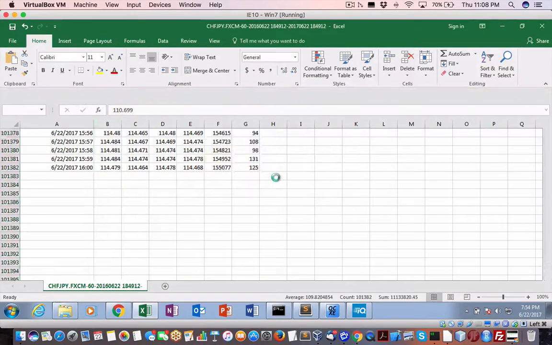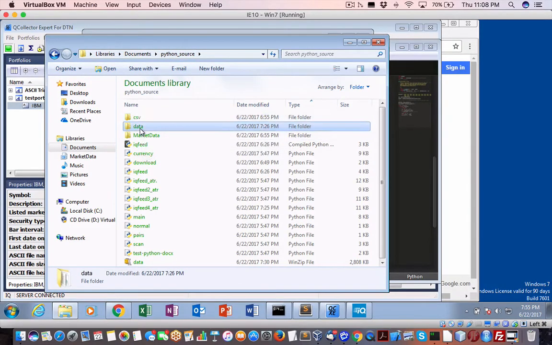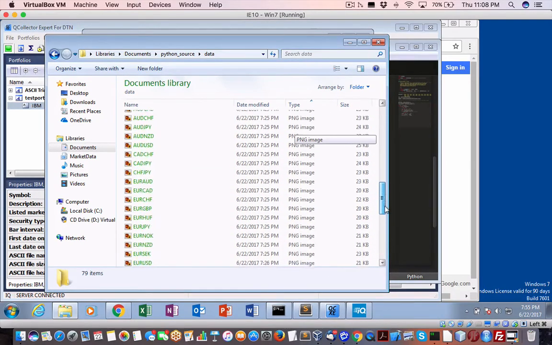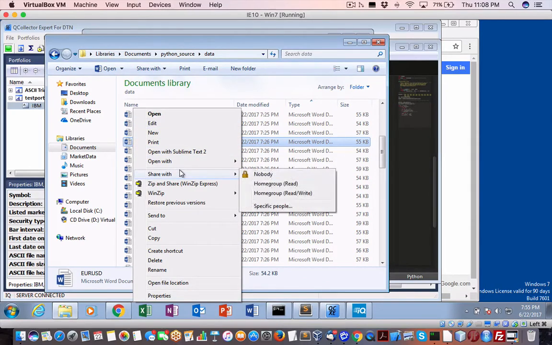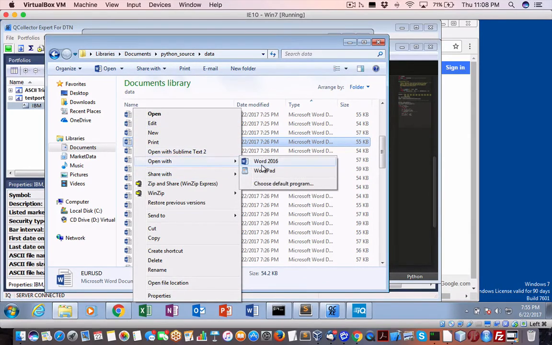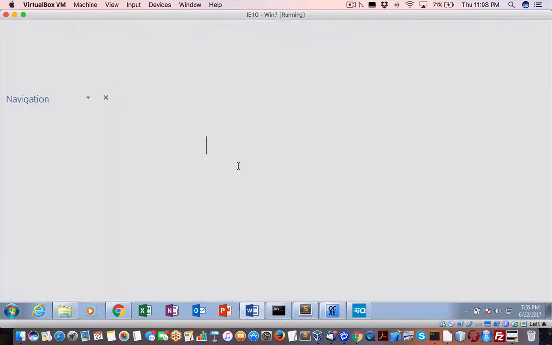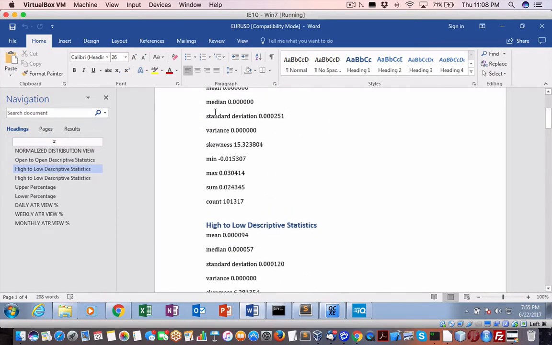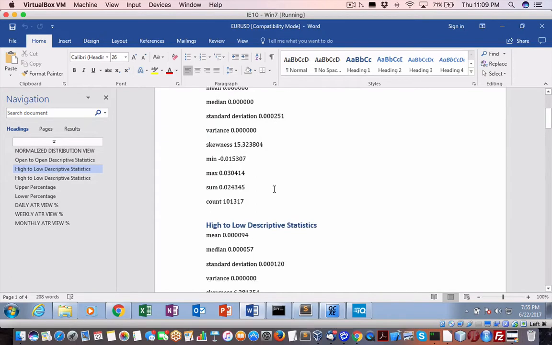So what we're doing is then we have a folder of those 39 pairs. Okay, so in each one of these, again, let's say Euro, US dollar, it's a Word document, and basically what it has is some descriptive stats on that pair. So for instance, you can get the variance, skewness, standard deviation of that time period. Okay, mean, median, all that, and